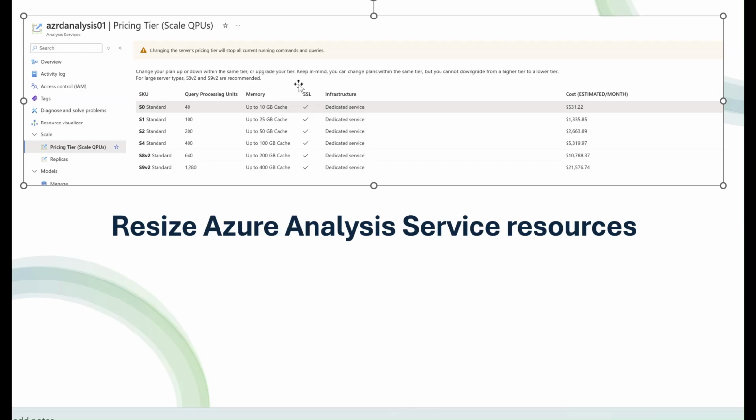Now, why do we need to resize the Azure Analysis Service? I mean, what is the purpose, how do we benefit? That was the question that came to my mind. Take the example of the S1 tier, which is the dev instance. Monthly we are paying $1,336, right? But in a day, we hardly use this analysis service for 10 hours,